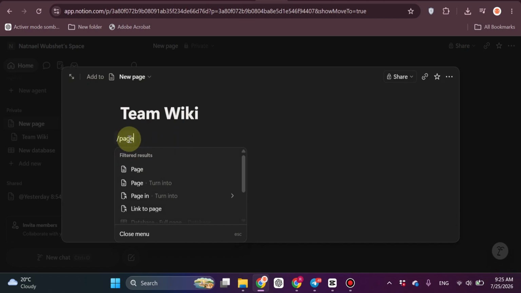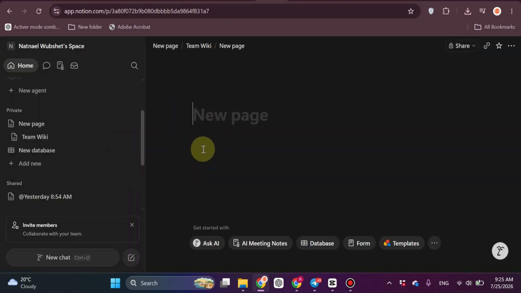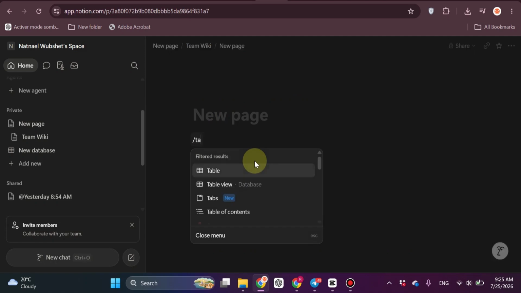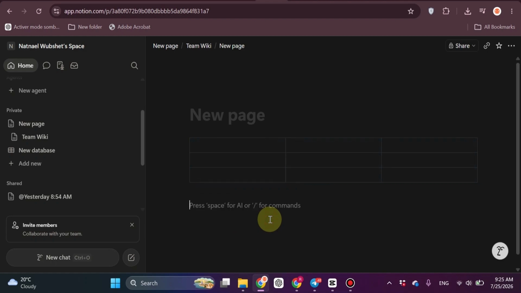To add a new page, type / and select Page. Use headings and toggle lists to organize information so it's easy for your team to find what they need. You can also create databases to manage documents, project information, or standard operating procedures. To make navigation easier, add links between related pages and create an index or homepage with quick links to the